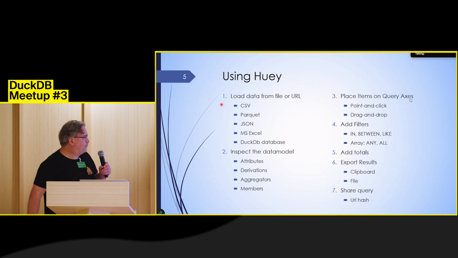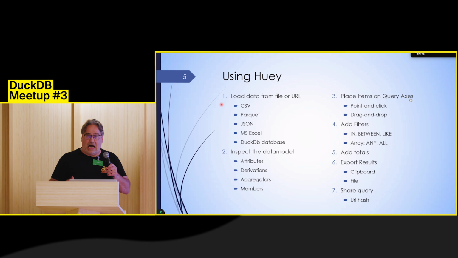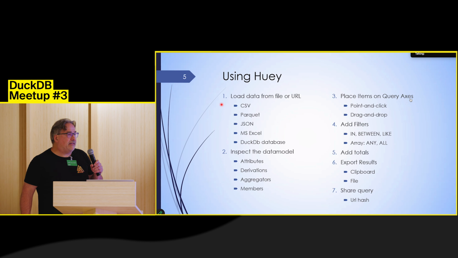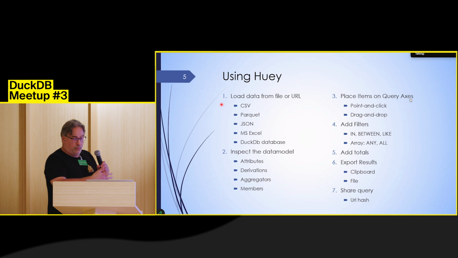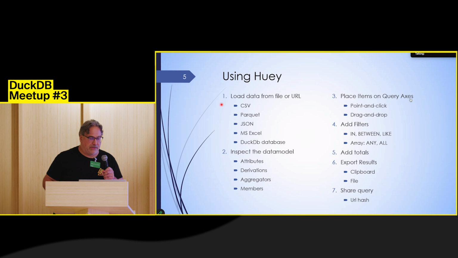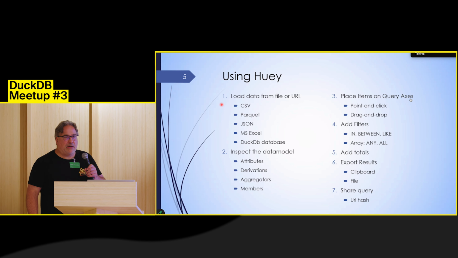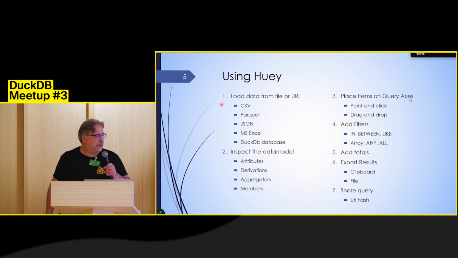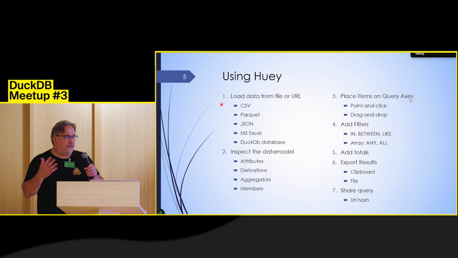So it's always a file. And basically, Huey supports everything that DuckDB supports out of the box as well. Then, once it's got the data, DuckDB figures out what the data looks like, and Huey builds a model around it. And model sounds really fancy, but what it just means is that we present the contents of the data, or basically the structure of the data, I should say, in a way that makes sense for a user to